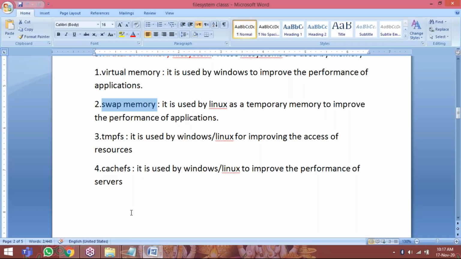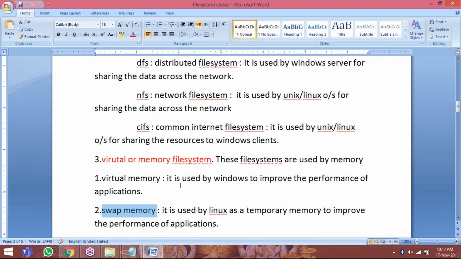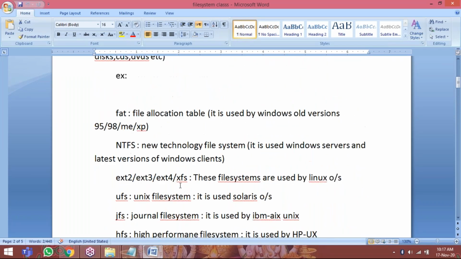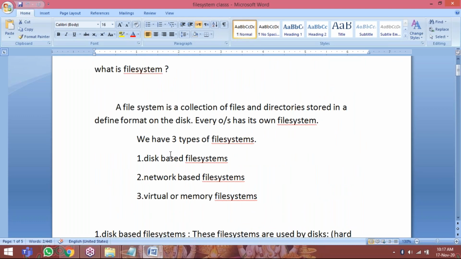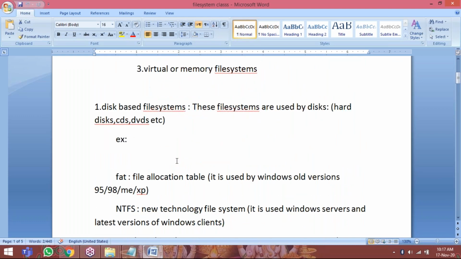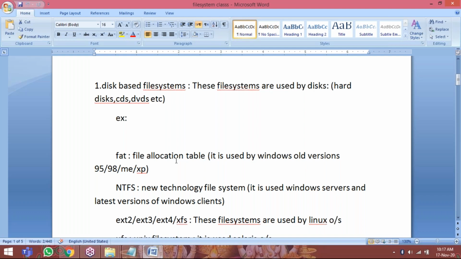So these file systems also depend on memory only. Every operating system works depending on these file systems only. Then now we can understand the operating systems. What is C drive? What is D drive? What is E drive? In Linux, what is the operating system directory? In Windows, the operating system directory. Like in Windows, D drive, E drive, F drive, how do the partitions come in Linux? Those things we are going to discuss in tomorrow's class.